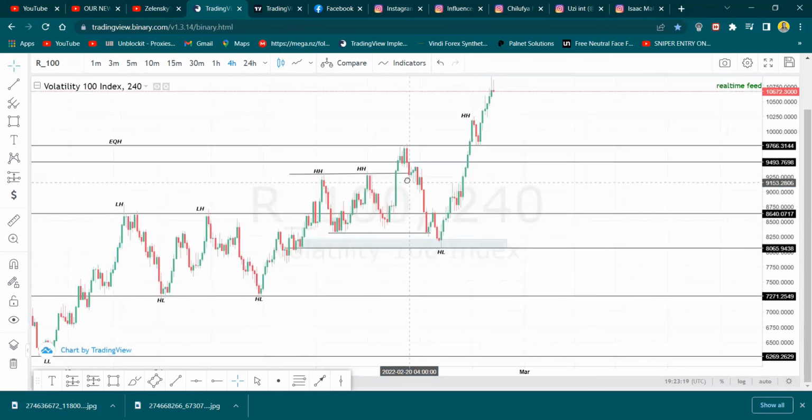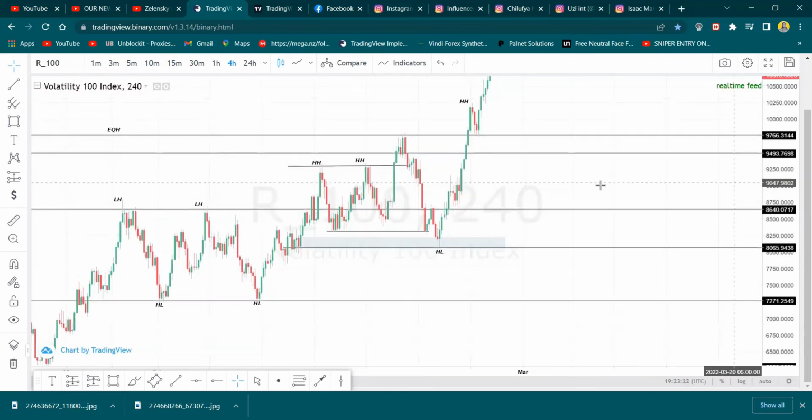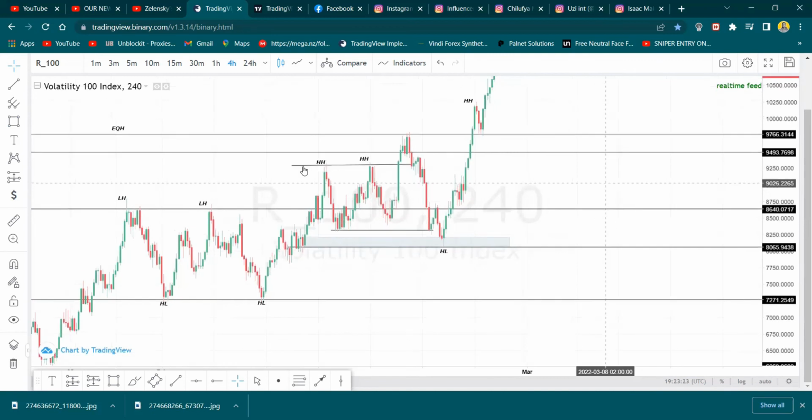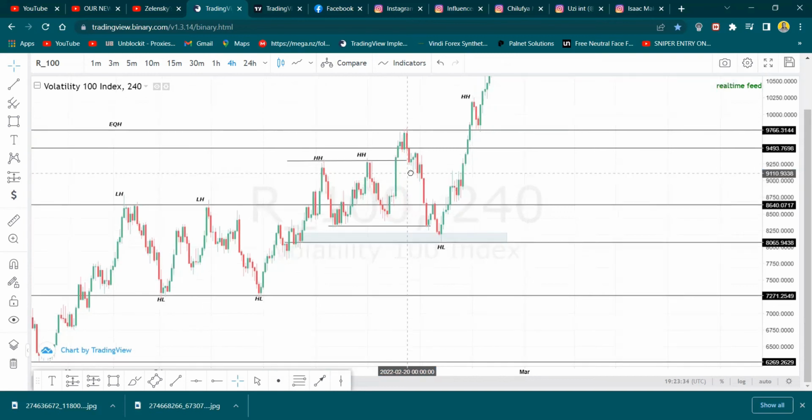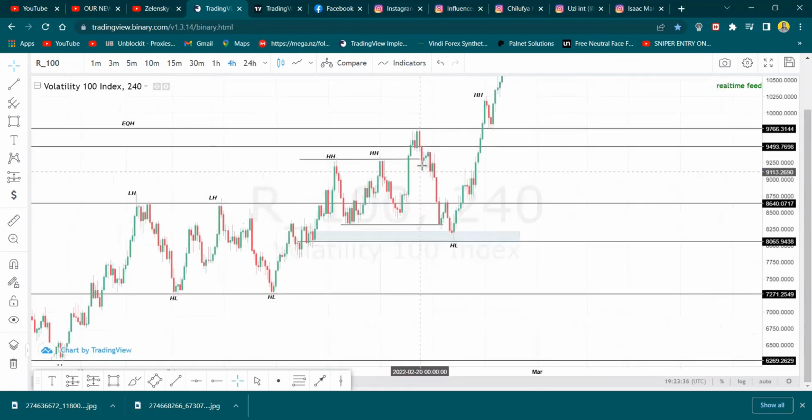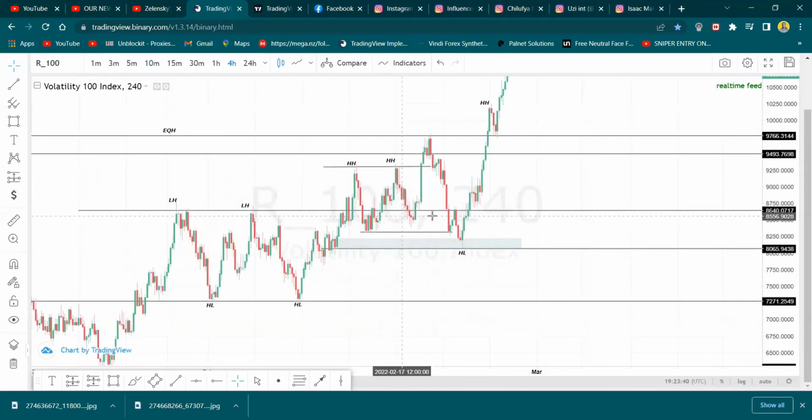When you talk about retail type of trading, that's what it says: support turns into resistance and resistance turns into support when it's broken. Sometimes it applies, sometimes it doesn't. In this case, it did not apply because it actually went down to a place of origin, which is in this area